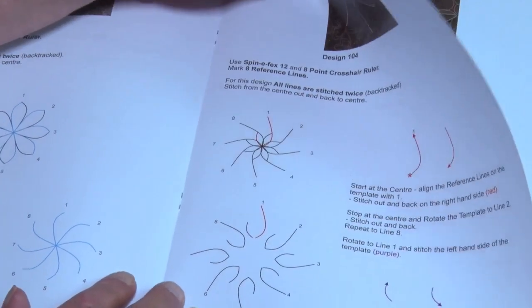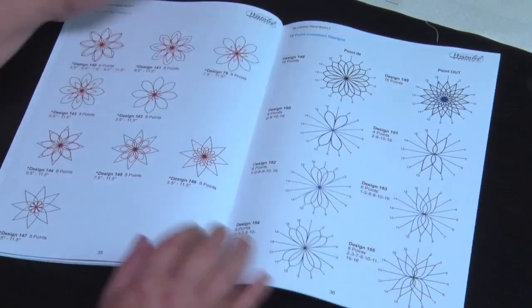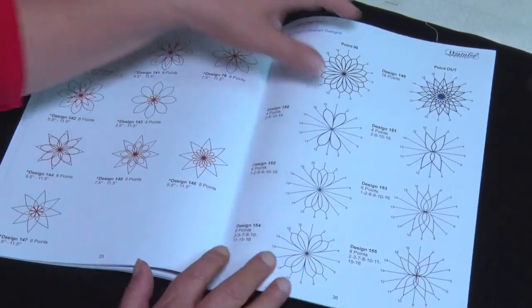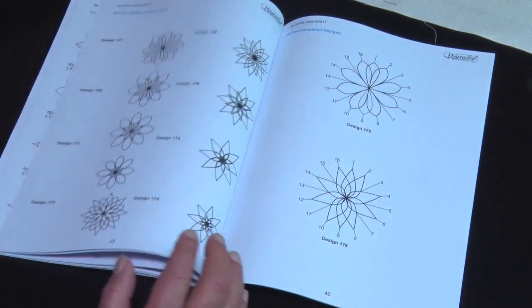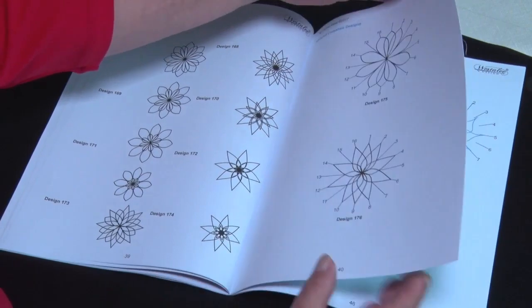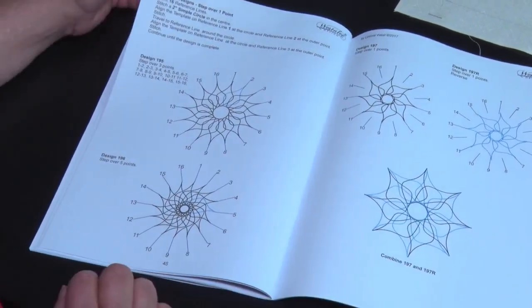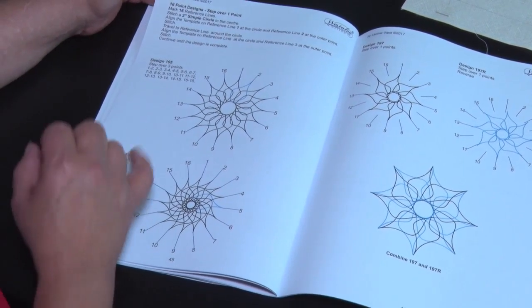These are the different techniques that we do show you in this book. How to take one design and turn it into something else. There's 200 plus designs that we show you in this book, and we really are only using a few templates to create them. Where it becomes really interesting is when we take a